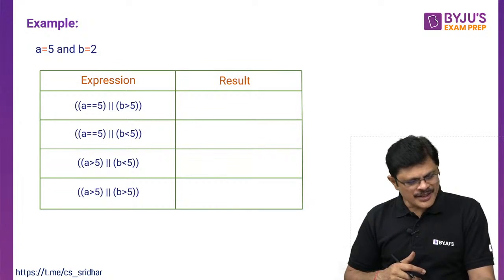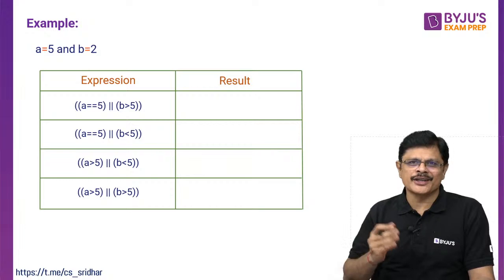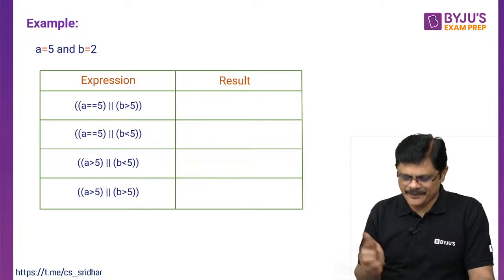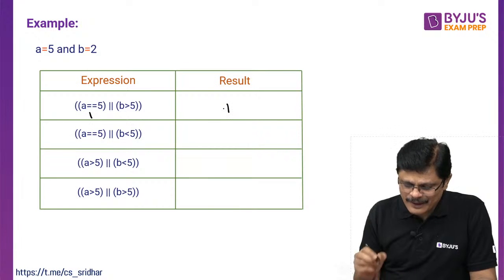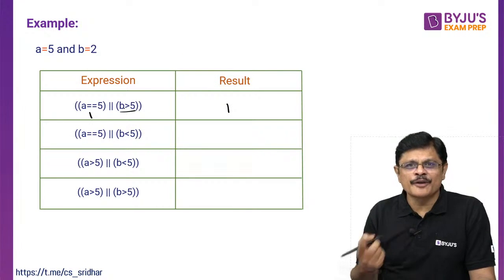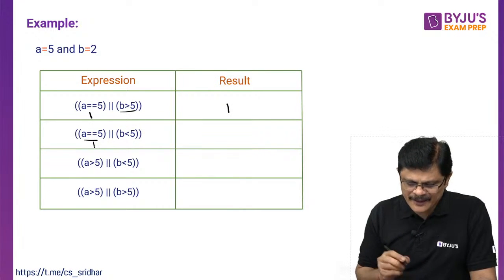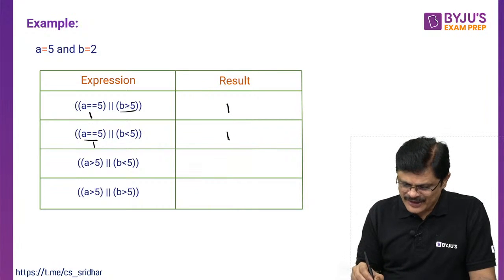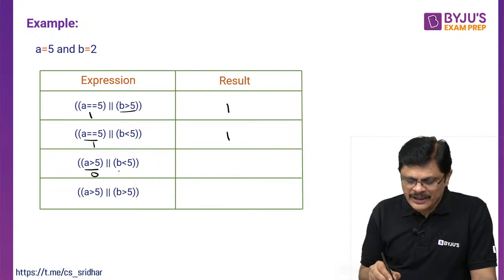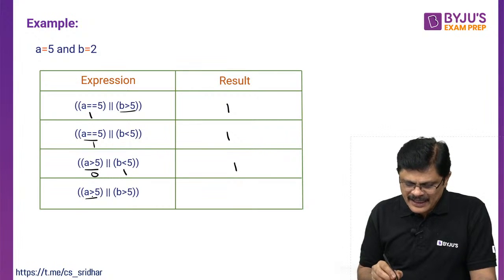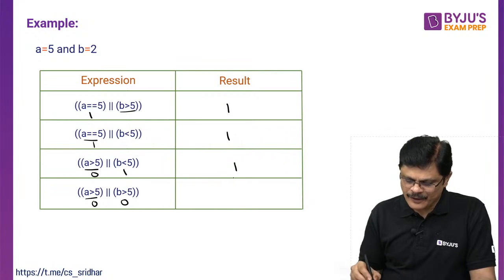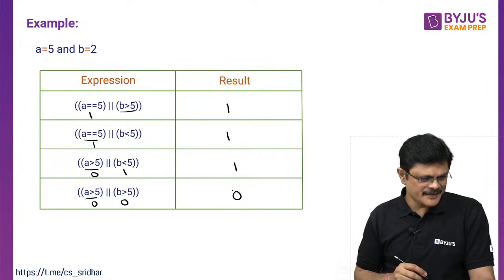Yeah. Short circuit and gives 1. Obviously here short circuit with logical OR is 1. So here 1. So you result in 1 without evaluating the second one. It is 1. It is 1. It is 0. Therefore B less than 5 is true, therefore it is 1. A greater than 5 is 0. B greater than 5 is 0. Therefore it results in 0, my dear friends.